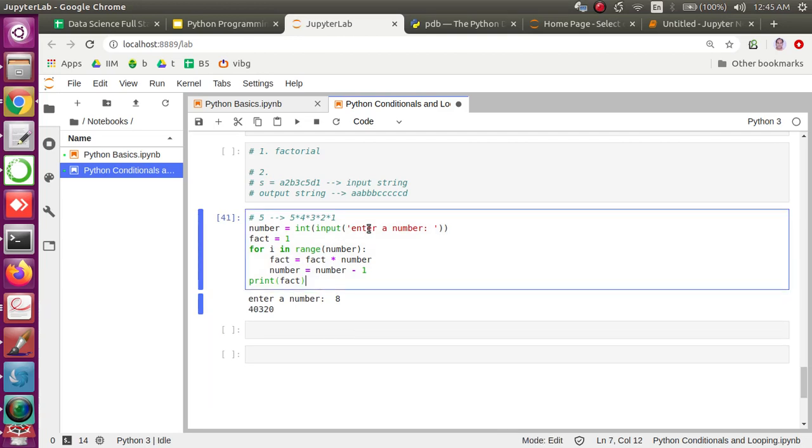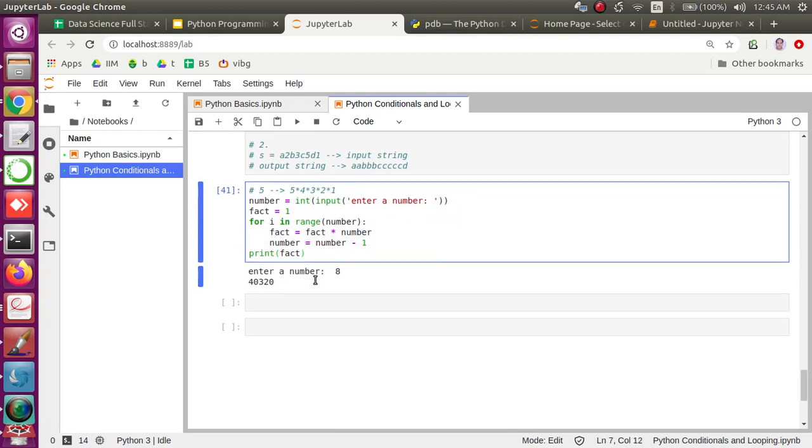So here we get the number, we iterate over the number for those many times, and later on I keep on changing the number, right? So that's why your loop is not going to be running for those many times. Every time I do decrement 1. That's how the calculation happens, and you get the factorial of a number.